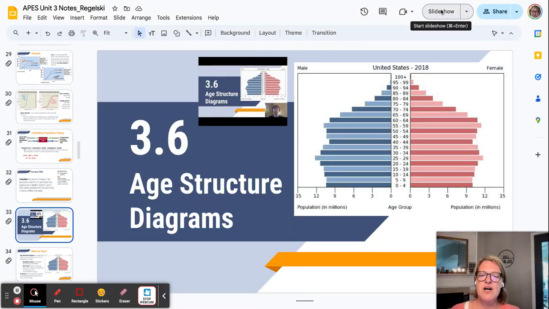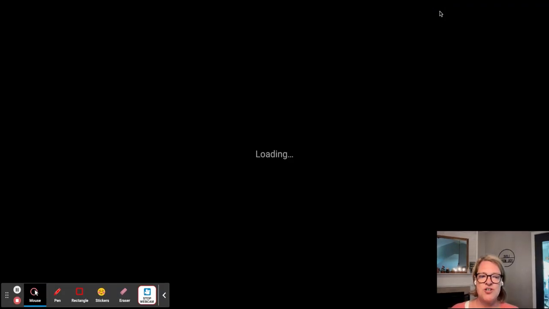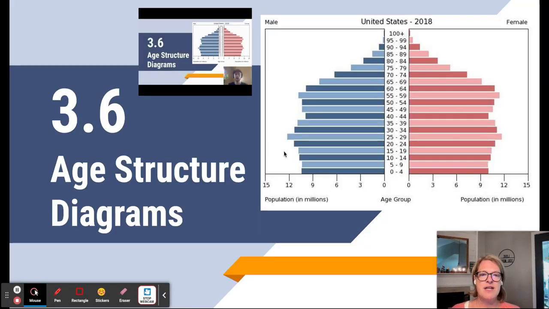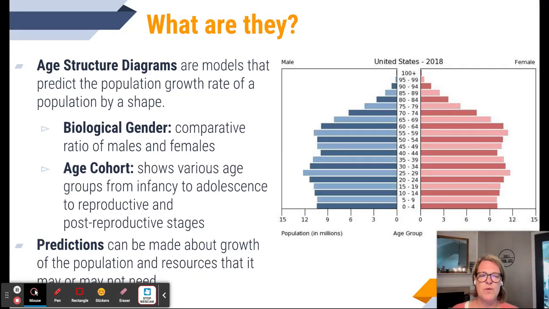Today's notes are going to be on 3.6 age structure diagrams. So let's just go ahead and jump into this. Okay, so what are these diagrams? Age structure diagrams are models that predict the population growth rate of a population by looking at a general shape